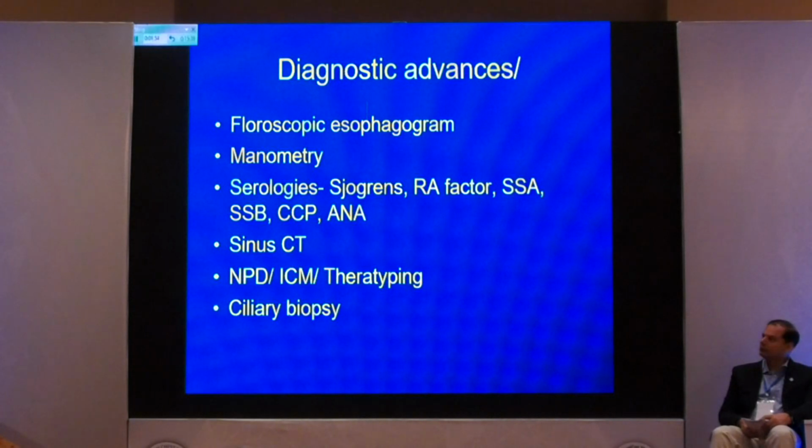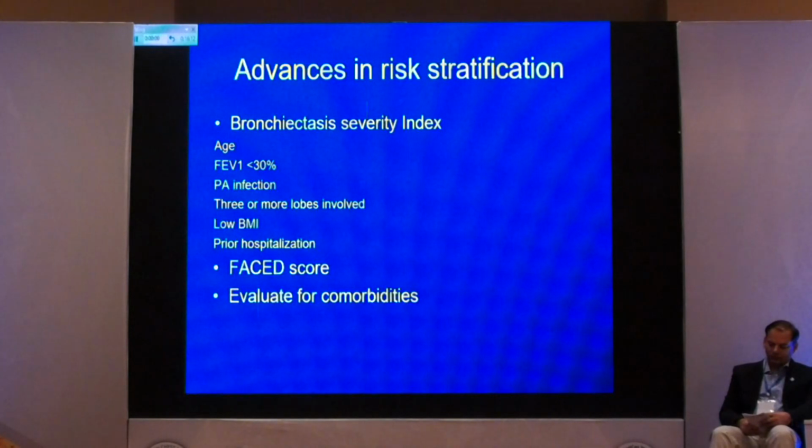The CFTR modulators that I think somebody was talking to me earlier about, that ivacaftor, we'll talk about at 5:40 p.m. So that's where $350,000 per year, and we are able to get that through therapeutic for those cases. But that drug has changed the life. These patients used to die, have exacerbations. We are able to just have a huge impact and a game changer. I think bronchiectasis, which is coming in for non-CF, will be having a similar impact, but I think this is one of the game changer drugs in CF, the CFTR modulator. And the ciliary biopsy, we also do it for cases with PCD, with the help of ENT mainly.